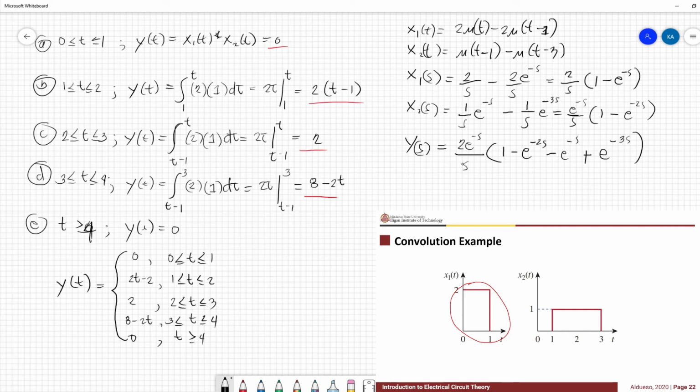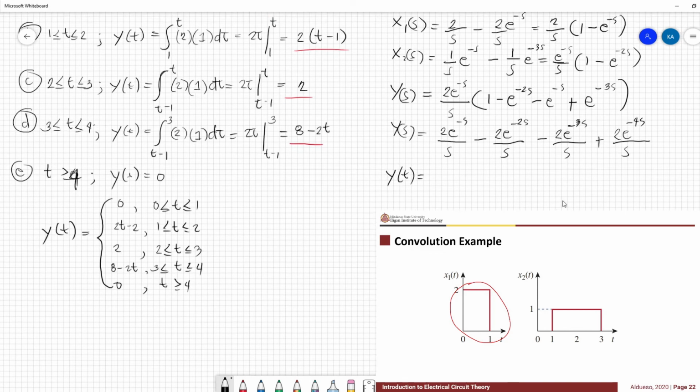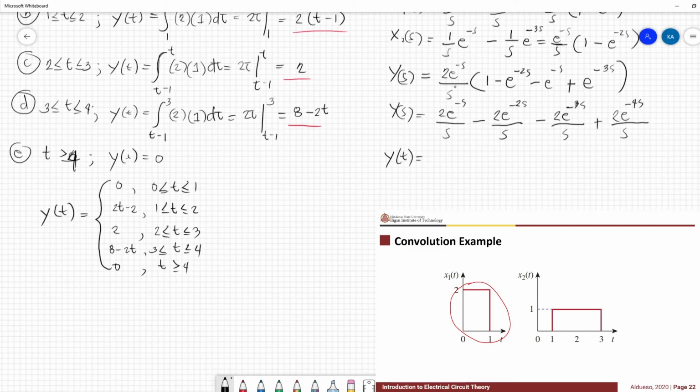So distributing 2e to the negative s over s, we have 2e to the negative s over s minus, so we'll rearrange this term right here. We have 2e to the negative 2s over s minus 2e to the negative 3s over s plus 2e to the negative 4s over s. In the time domain, this is over s squared. Getting the time domain, we have